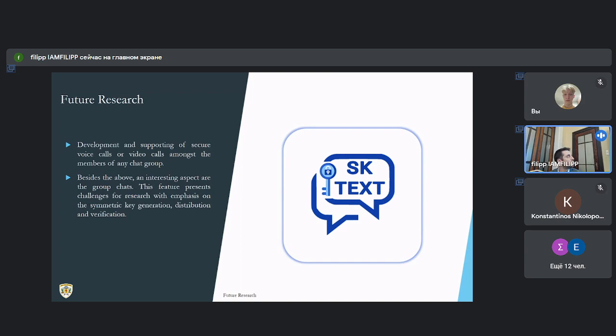Now, as for the second question, the main point is that the mobile device is capable of handling the user's input for the generation of the keys.